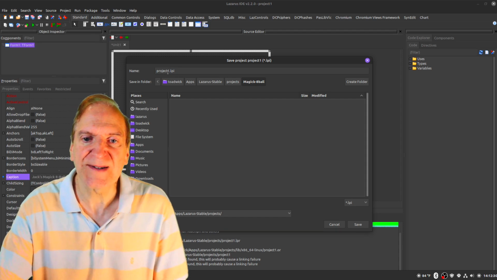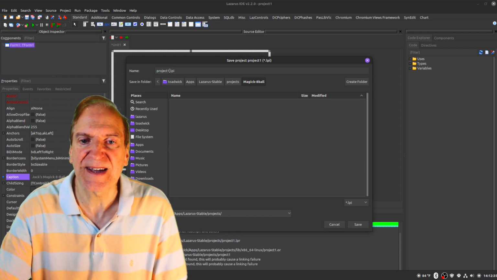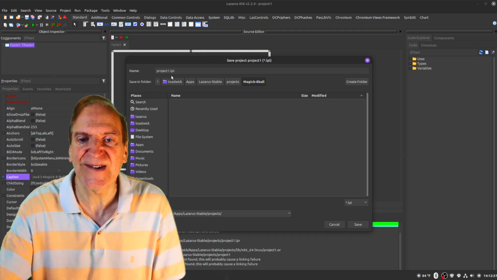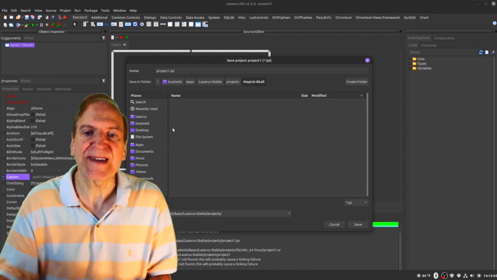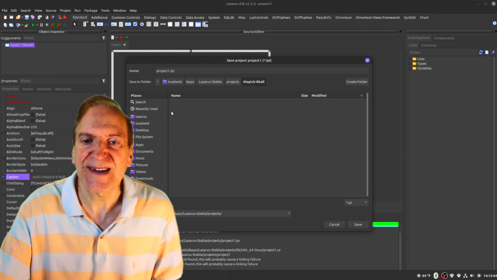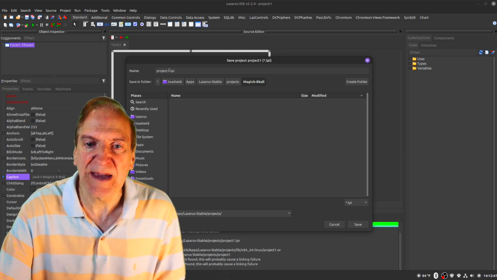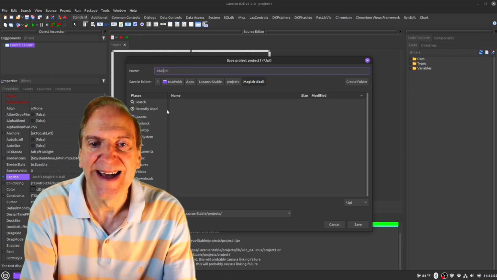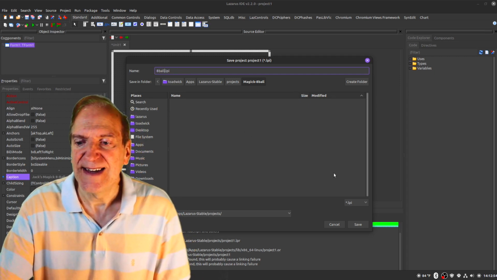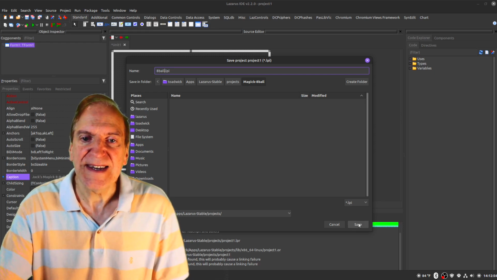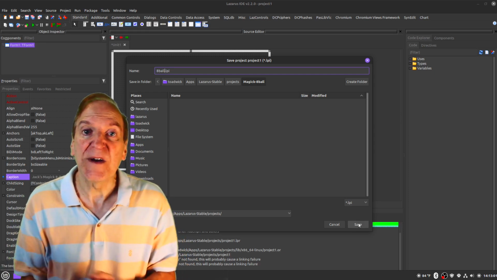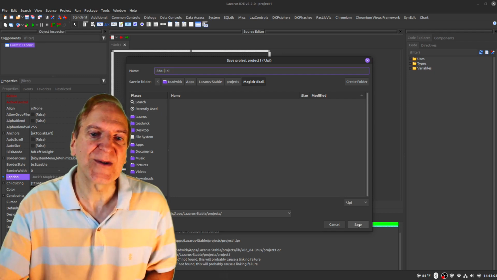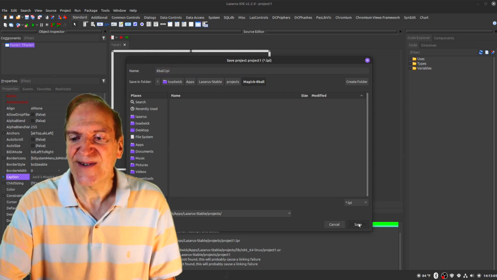And here we got project 1 for the name of the project, but if you want to call this something else like 8-Ball or something, you can name it here. And then this project 1, your executable is going to be the same as the project name. So if we wanted to call it like 8-Ball, we could just change our project name to 8-Ball like that, and then hit save. And then when we execute it, like if you're in Windows, then your executable will be called 8ball.exe. So I'm just going to hit save,